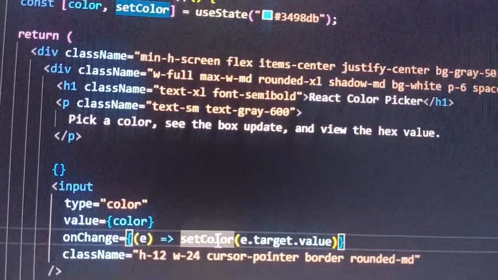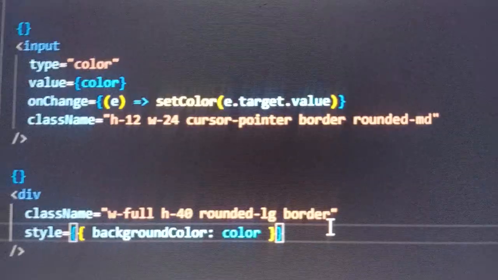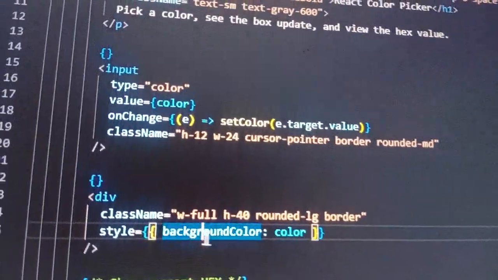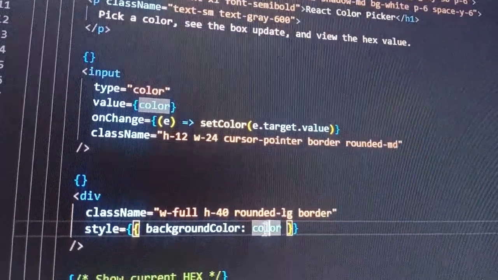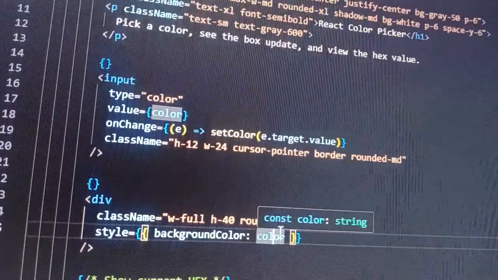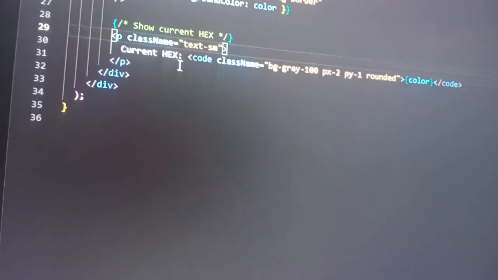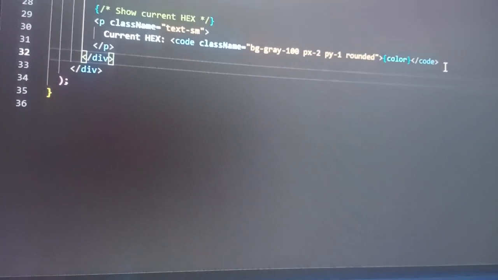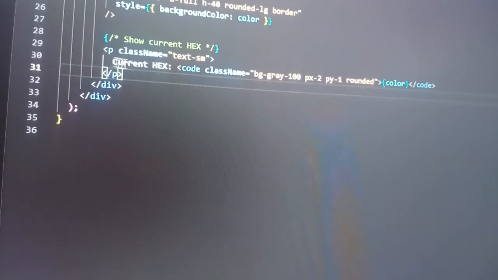It sets color to target value, and we have the rounded border for the background color, which is what the user chooses or inputs. And we have the current text to show the hex of the color, basically what the user inputs.